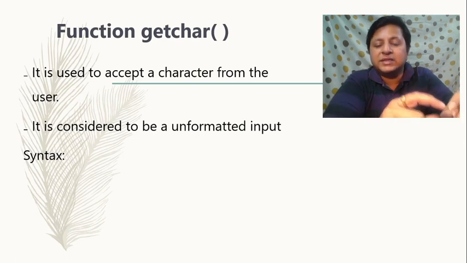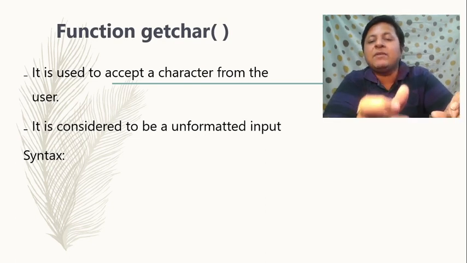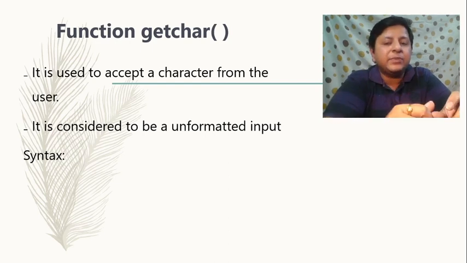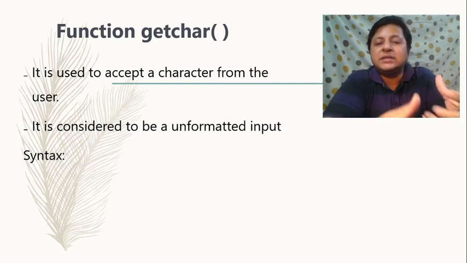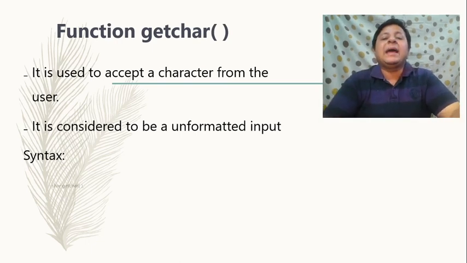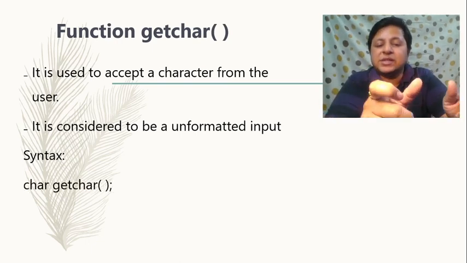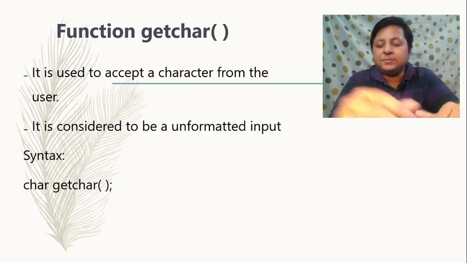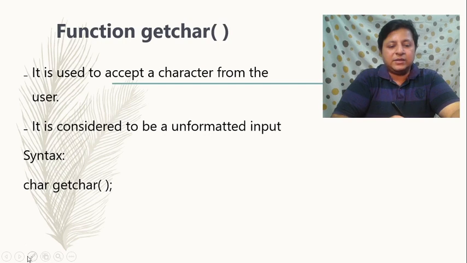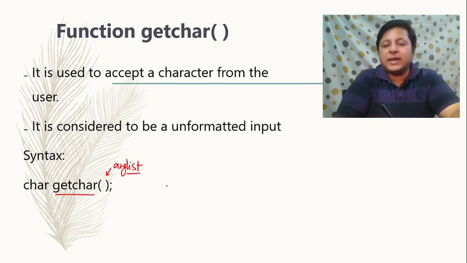If you see the syntax, after the function name you have the argument list, which for getchar is going to be empty. But before the function name you always have a return type. For getchar it is going to be a character. So this is how the function's syntax can be visualized. Just try to understand this step by step. getchar is the name of the function. This part is the argument list. It could be one or more arguments, and that is what your function expects from the program, which should be given while calling.